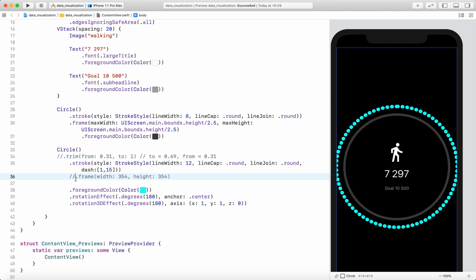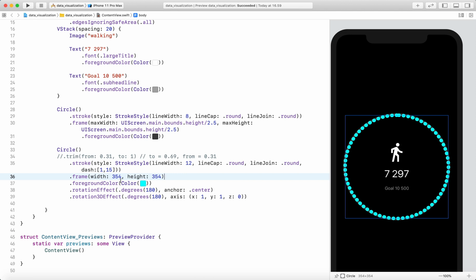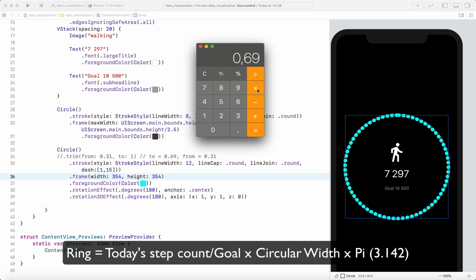From this line, we have the fixed width and height as the diameter or the width of the circle. I'll bring the calculator again and we multiply this value by the width, which is 354, and then we multiply this by pi, which is 3.142. And with that, we get